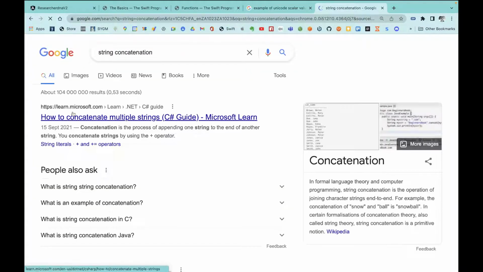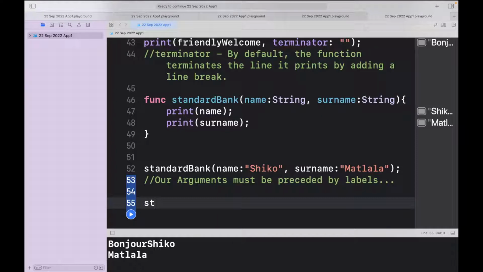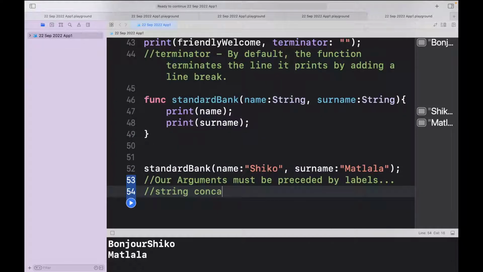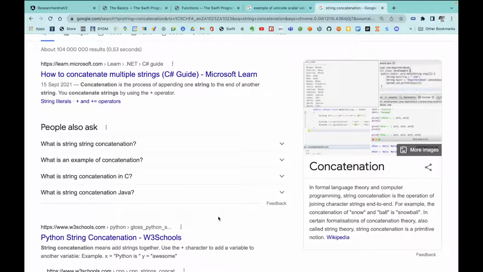String concatenation. In formal language theory and computer programming, string concatenation is the operation of joining character strings end to end. So yeah, concatenation is joining. Let me write it down here. Concatenation is the joining of two strings together, whereas string interpolation